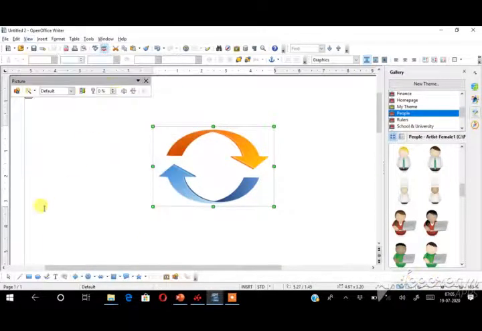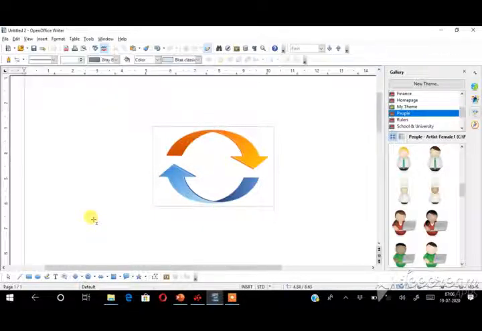See, this is the drawing toolbar. It contains different tools. It will display more shapes. See here, different shapes will display. Suppose I am choosing this smiley face symbol. Click it and then drag.